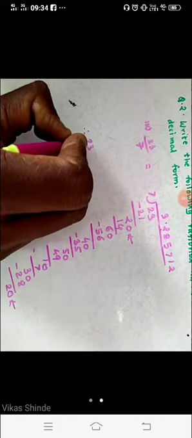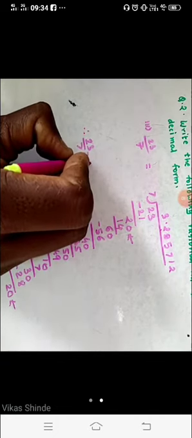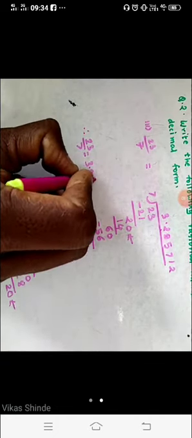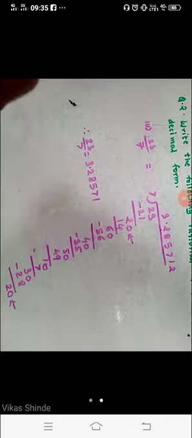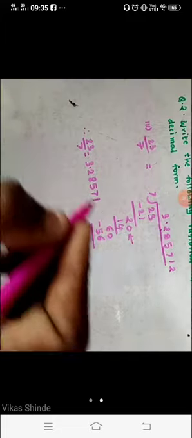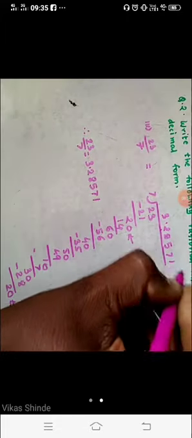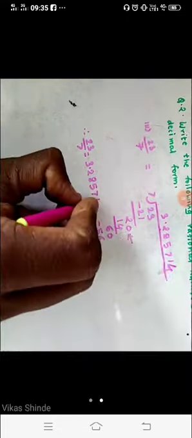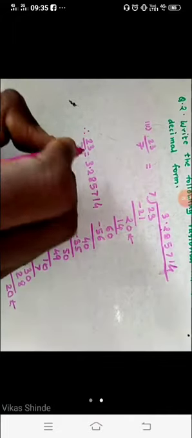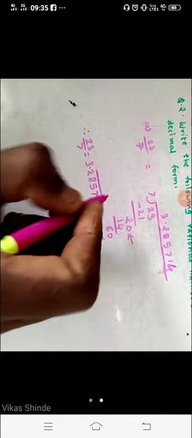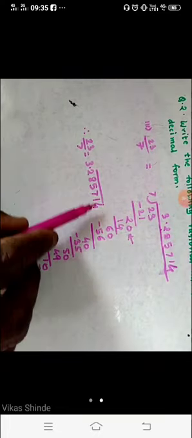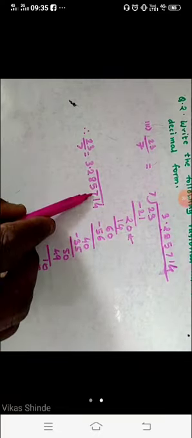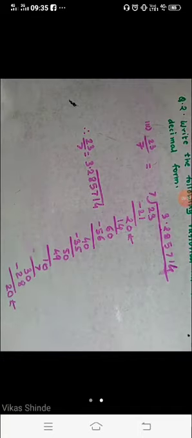Therefore, 23 upon 7 is equal to 3.28571. If you calculate again, here 714 here. Here is not 2 here, student. Here is 4. So 714 and here is bar, means dash, because if you calculate again and again, we get this number 285714 here. Okay, this is the answer of the third question.